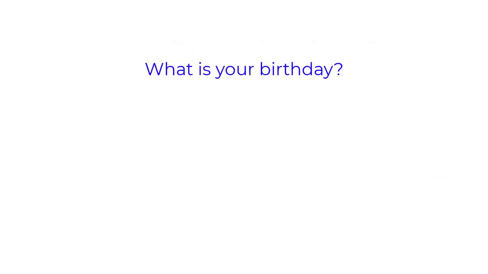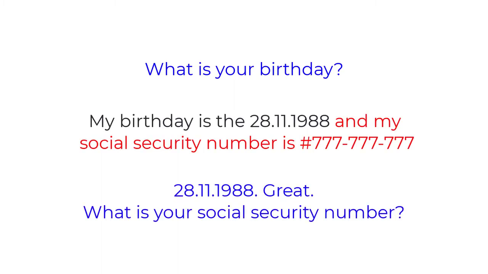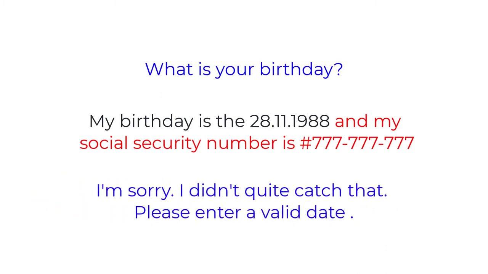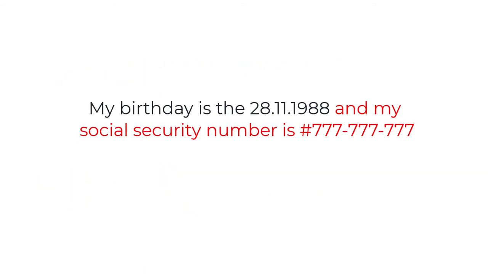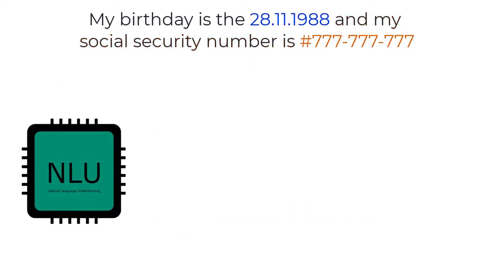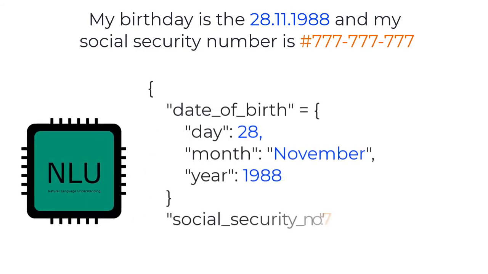So by default, if a machine asks you for your birthday and you give your social security number as well, at best it will ignore it. At worst, it will get confused and ask your birthday again, as well as your social security number. It is the job of the natural language understanding to make sense of the user's input, but it's the programmer's and designer's job to make sure that what was said is actually stored and remembered.